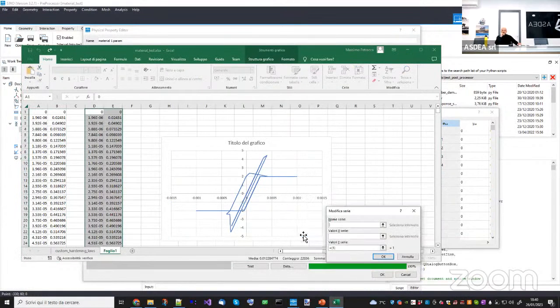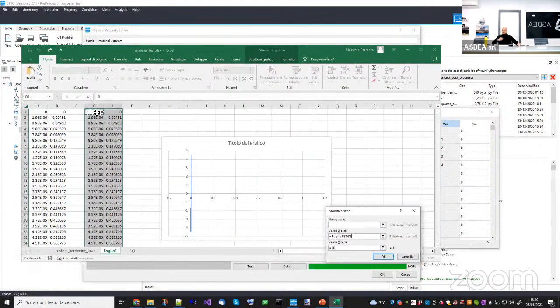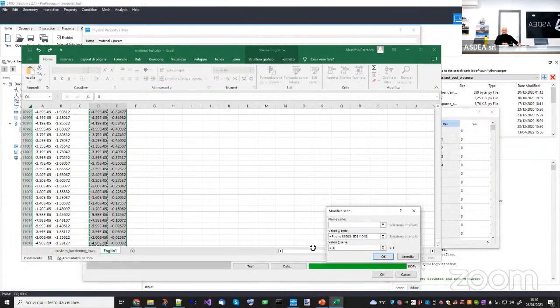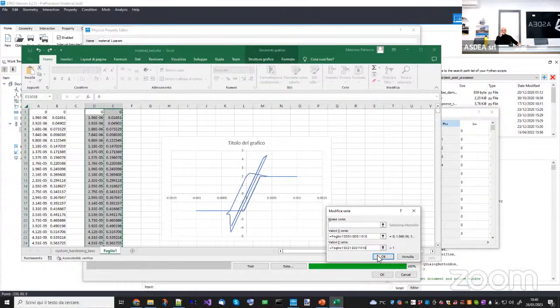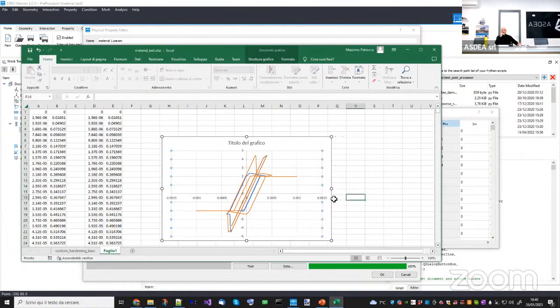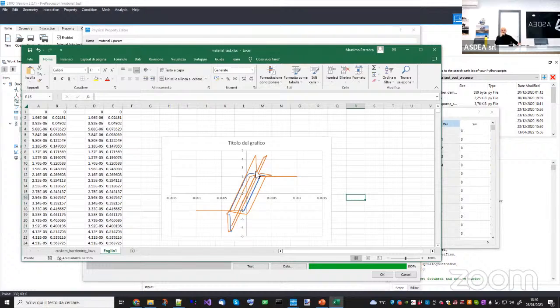So select data, add, and I want to add this one. Okay, so it's pretty evident now what's going on. The first part is the same. The second one is similar, but it's not affected by the previous strain hardening. Then you reach softening, but here you reach the same value you had before. The meaning is that in that new direction, I still have to develop a crack to have this softening. Okay, so let's say this is a more realistic approach for